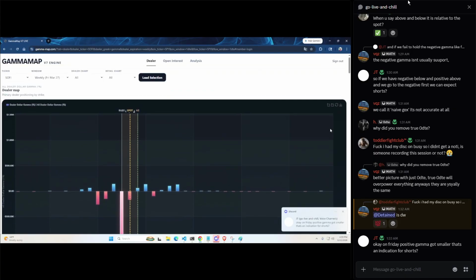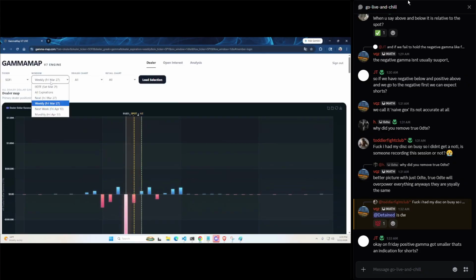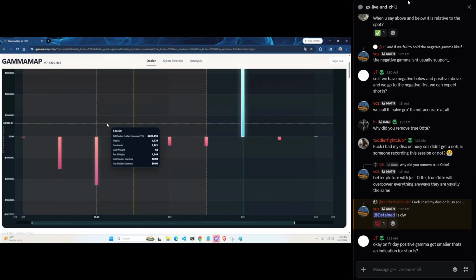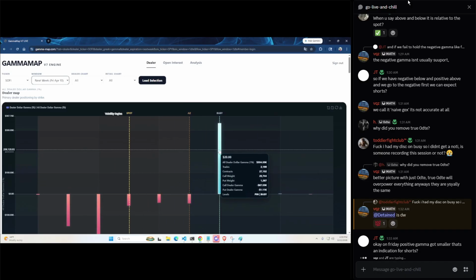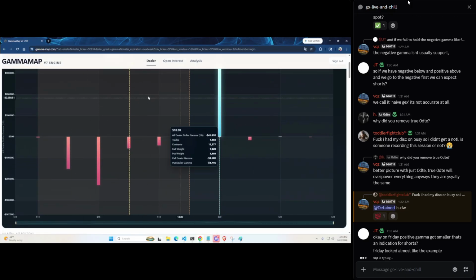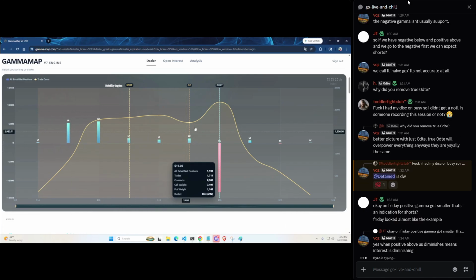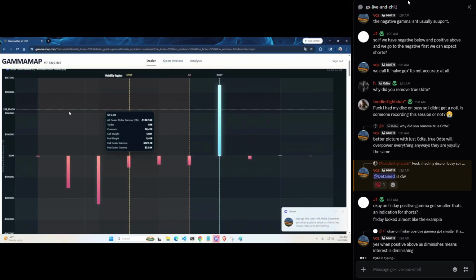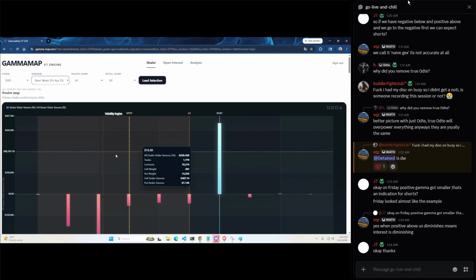So if we look at SoFi, it's been bearish recently. If we go to next week, this is pretty negative gamma for the week of April. We have a lot of volatility, a potential target of 20, but a lot of amplified moves. What I see is retail fighting each other here. We have long puts, long calls, and a dominant sold call wall. So SoFi is more weak. 16 seems to be a potential target right now.